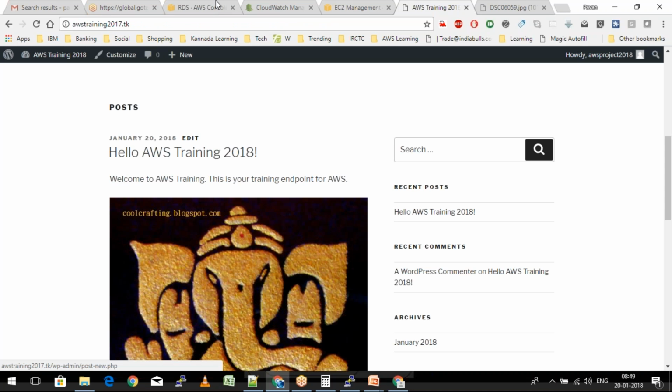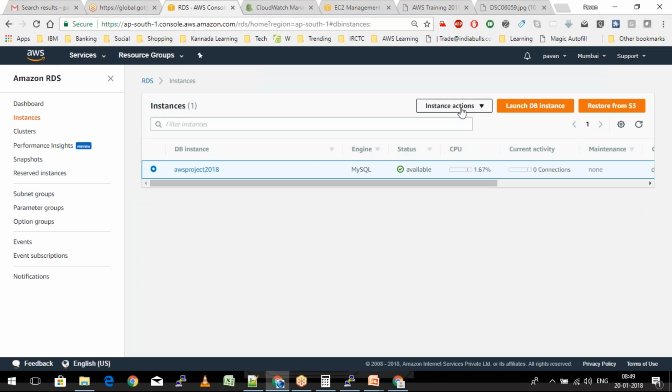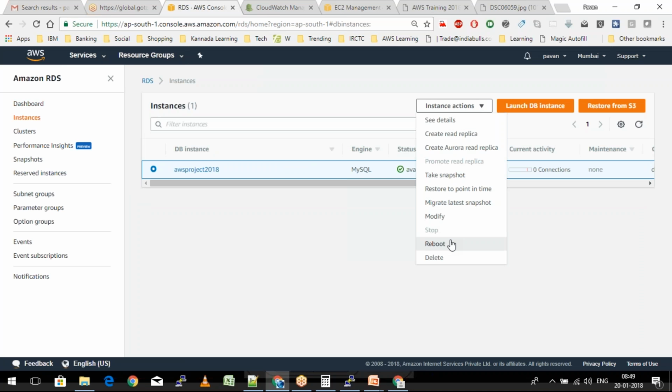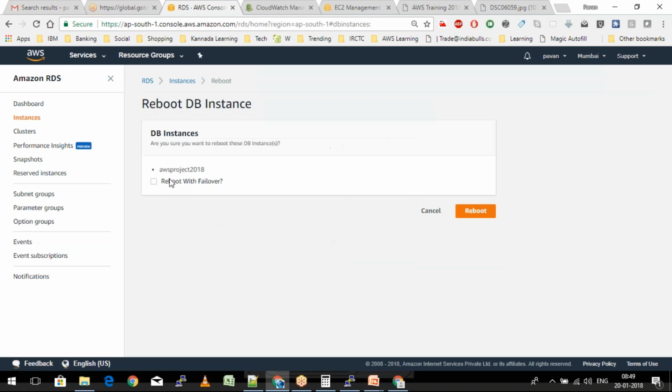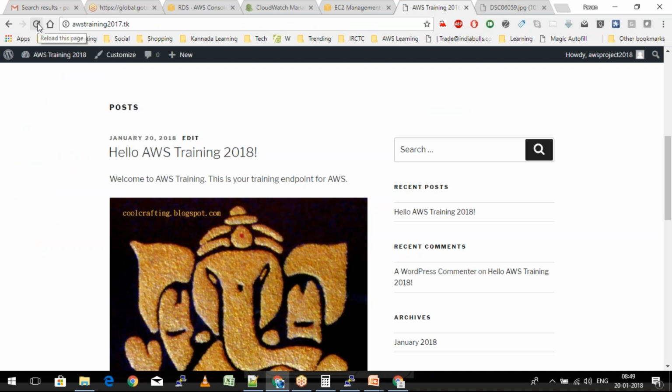So here is my RDS. I'll click on this and then click on instance actions and then say reboot, which means I'm trying to restart the database in this case. So it is going to ask me reboot with failover. I'll say yes. So it is itself giving me the option to make it a failover and check it out, right? So if I go back here and refresh the screen,